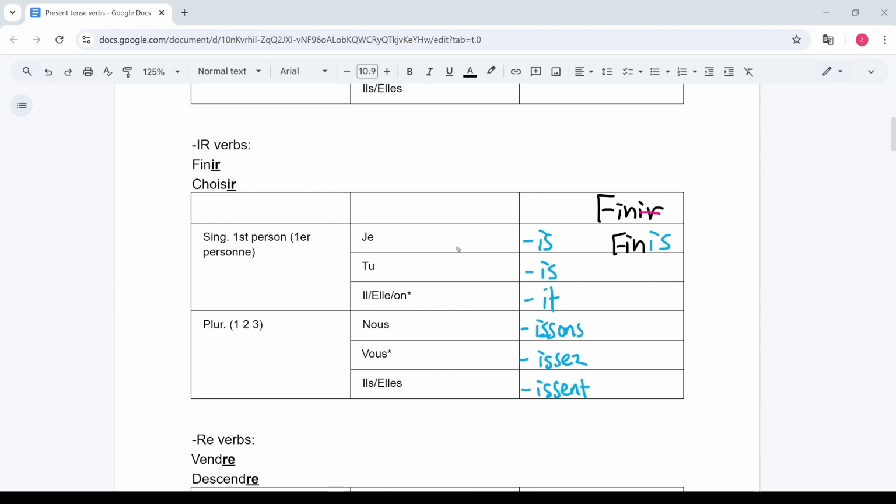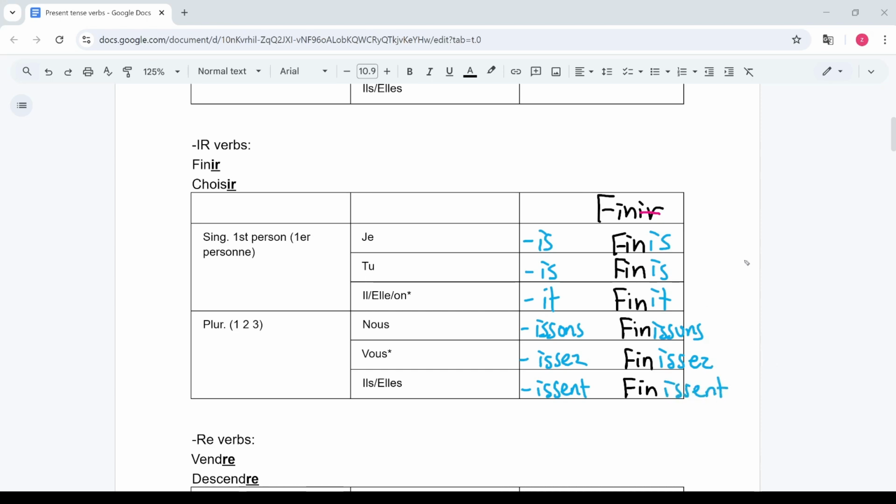And again, I'm going to do the exact same thing. I'm going to write what is left, and we are going to add our endings depending on which subject it is. So this is IS, IT, ISSONS, ISSEZ, and